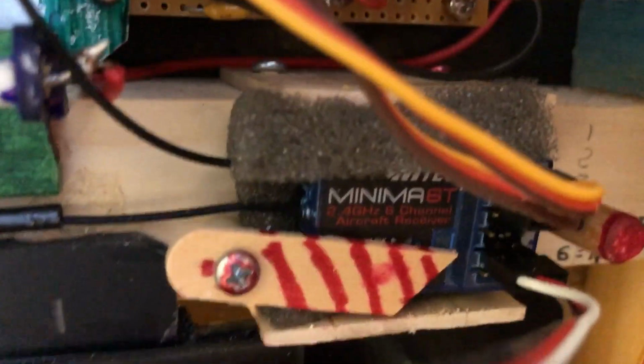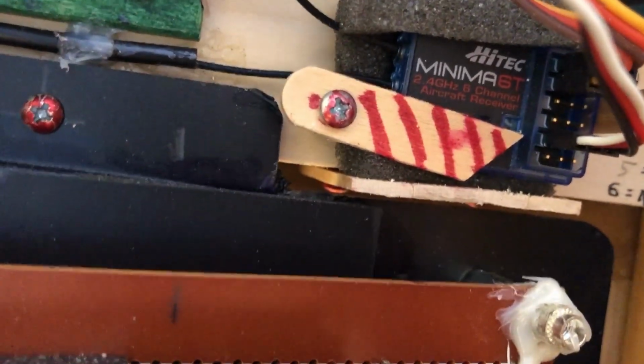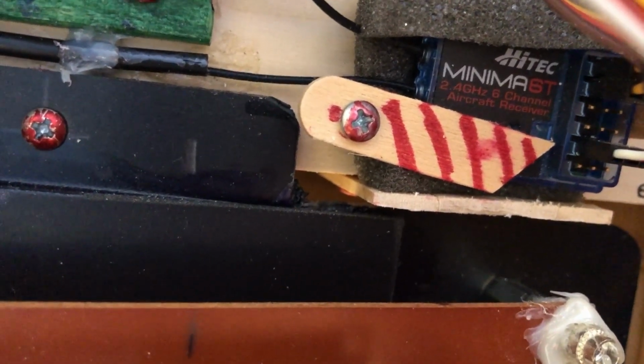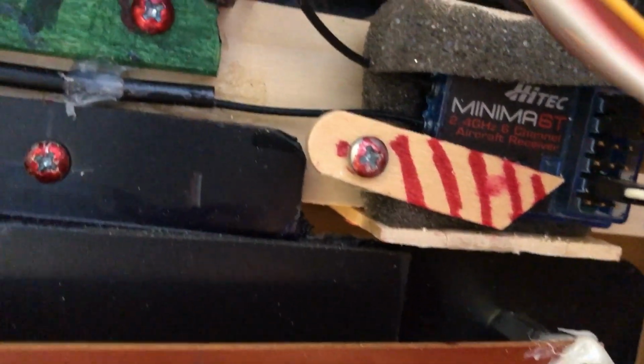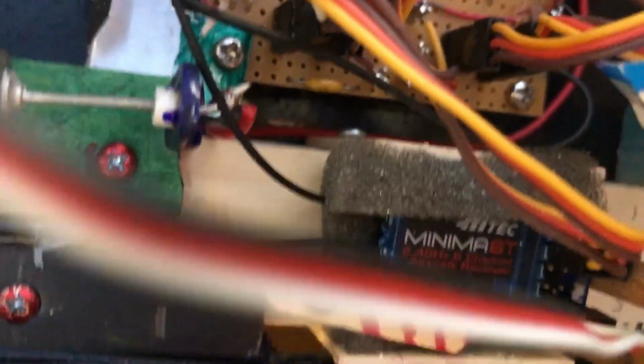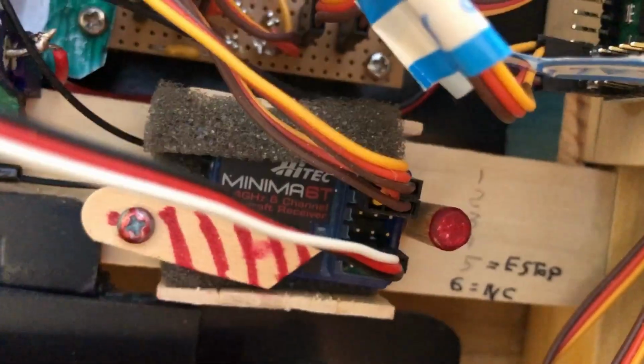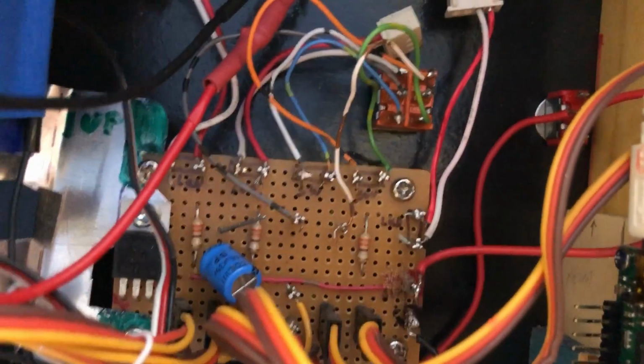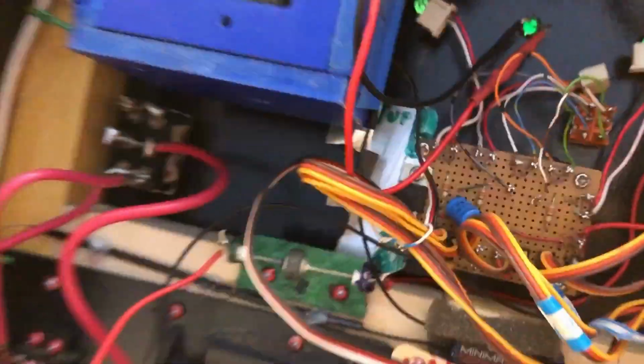why is that in the way? That right there with the antenna wires sticking out is an RC radio receiver for remote controlled airplanes. And the wires from that, there's 3 sets of servo wires. One set goes up to the board where the switch is connected, so I can switch it auto RC. And this red, white, and black wire goes up to